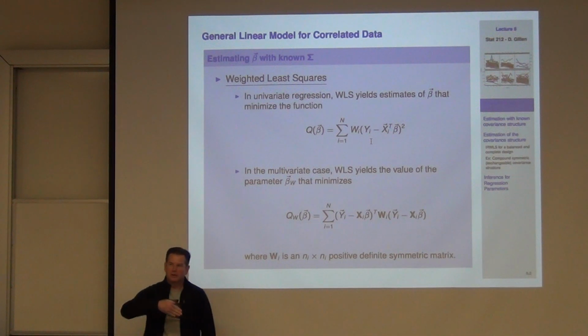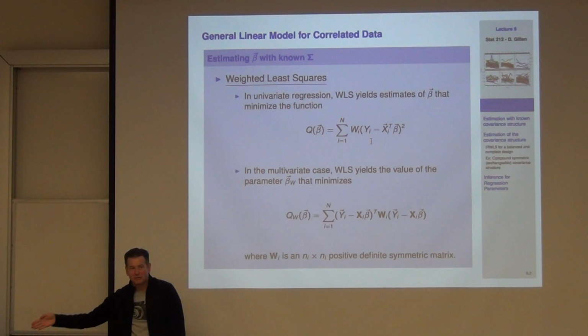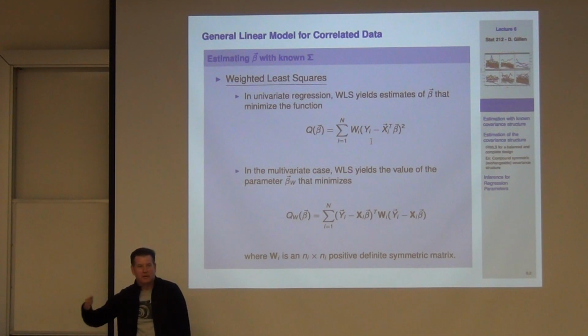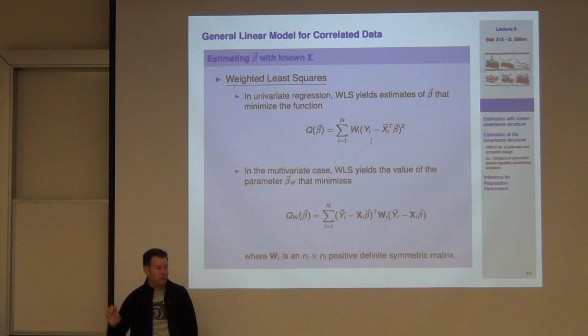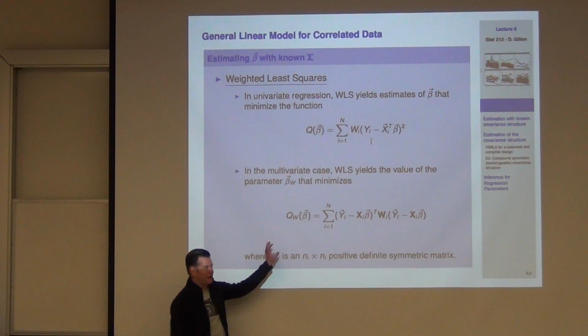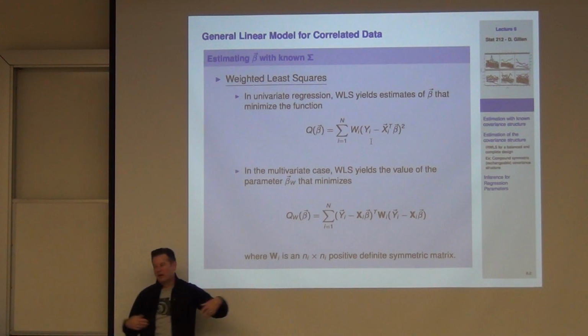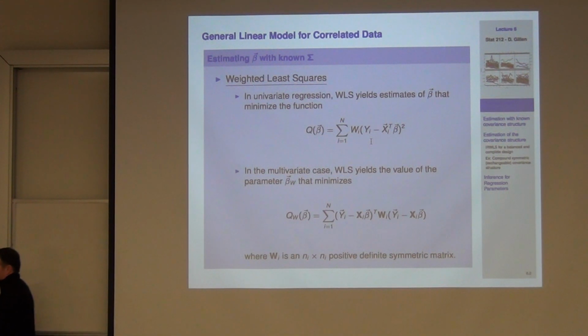And the generalized portion of it is going to be, because it's going to be generalized later on, let's see, when you guys went from linear regression, the linear model, to the generalized linear model, what was the difference there? You allowed for discrete observations, you allowed for a mean variance relationship, and you allowed for a link function. So that's the generalized portion of this. So right now, we're going to start with weighted least squares, and then we're going to build it up into generalized versions of that.